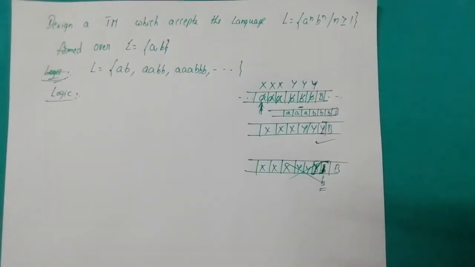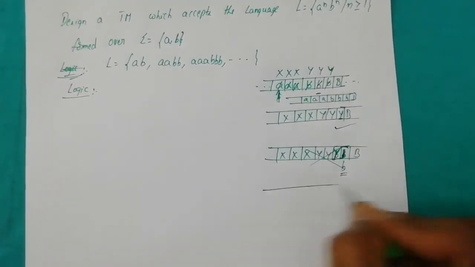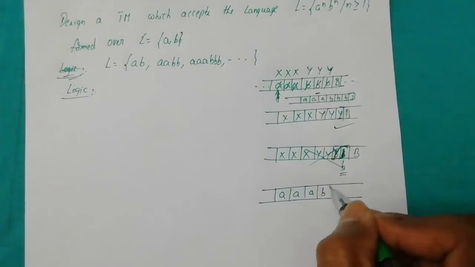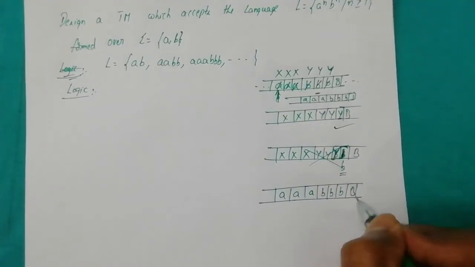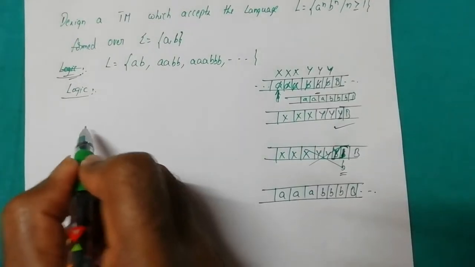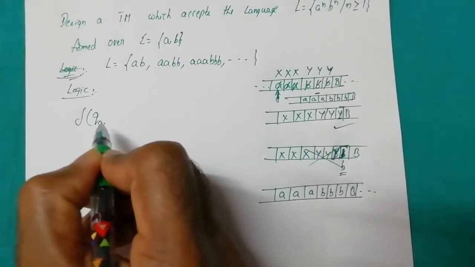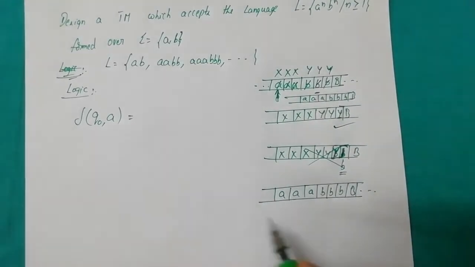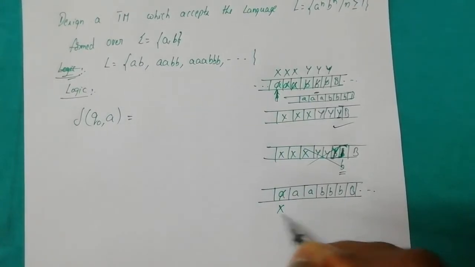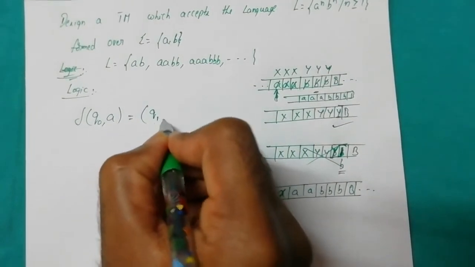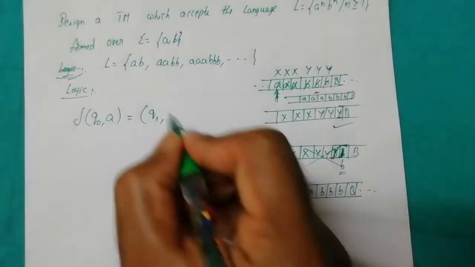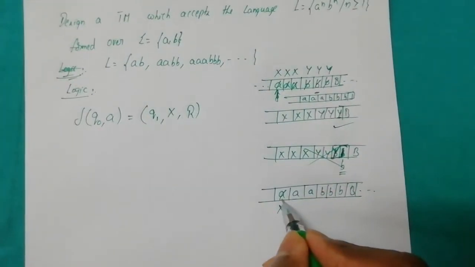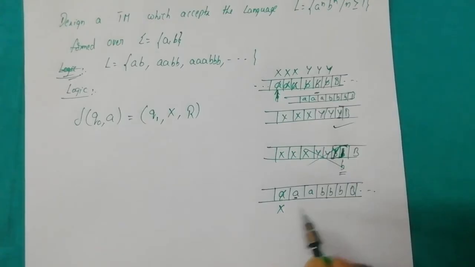Now let us define the transitions. Consider an input tape which contains the input string A, A, B, B, and finally blank symbols. Now the initial state is Q0. Delta of Q0 when it comes across the input symbol A, this is the first A. We already know that the first A is to be converted into X. We move to some new state Q1 and the input symbol A is converted to X and we move one cell to the right. That means we are moving from this cell to this cell. Now the current cell is this one.